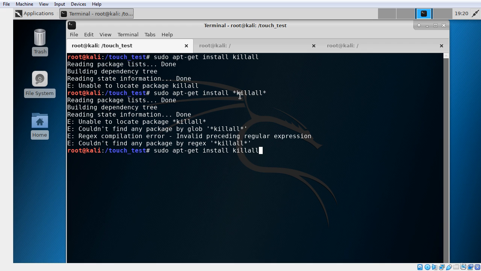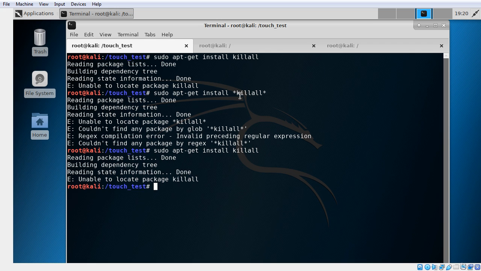If you ever come across this, which you will if you use Linux enough, the reason why this is happening is because it cannot find the killall package for whatever reason. If I add a repository